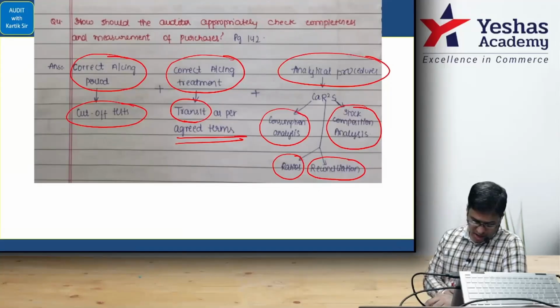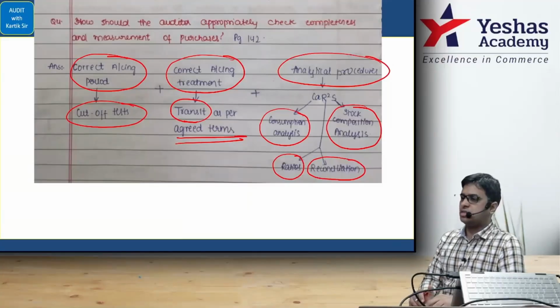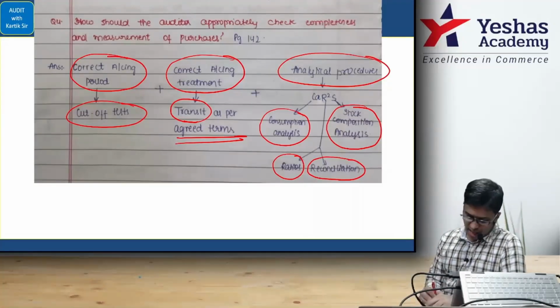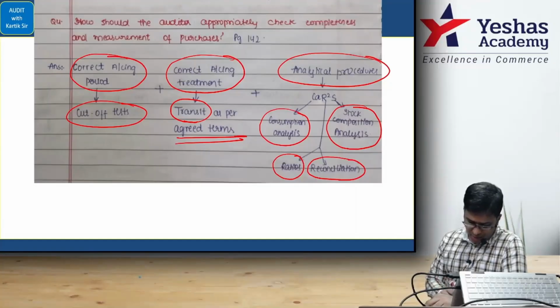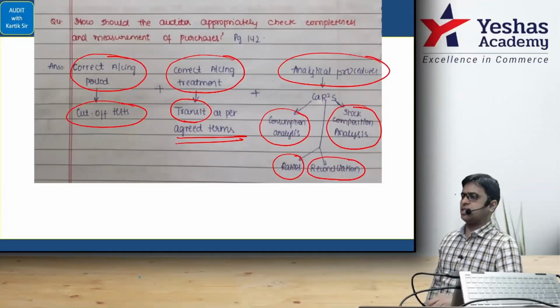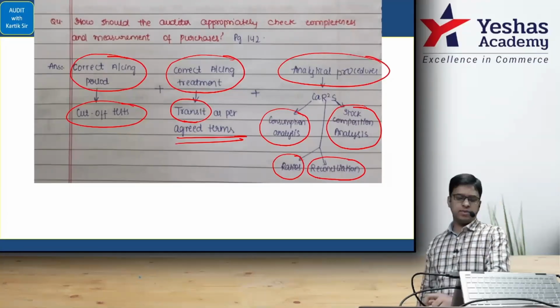Next. Ensure correct accounting treatment for goods in transit. This is what I showed you. When the truck falls, goods in transit, who will bear the cost? As per the agreed terms with the vendor regarding transfer of risk and rewards, risk and reward of ownership in goods. Next. Perform analytical procedures, marked as star, it is a +1. Write that +1. Only analytical procedures can come in the examination. In that you will write that STARS code.